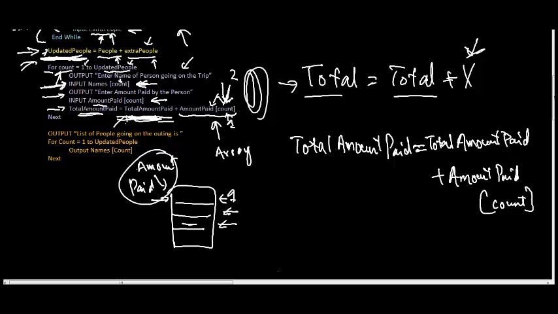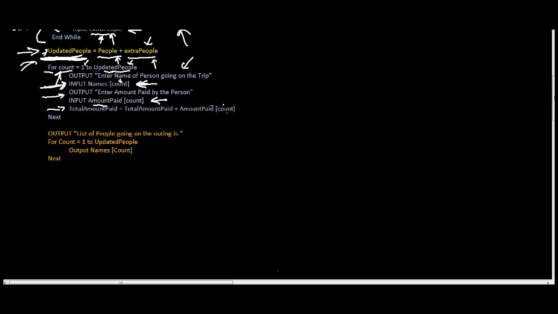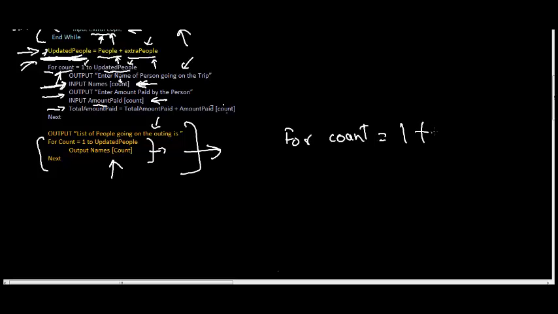Finally, what we have done here is we have output the names of the people going out on the trip, and we should have also added the amount paid by these people. So maybe we should change this bit of code. So I'm going to change this piece of code by changing the for loop, right? So this message stays the same, but this for loop is what I'm going to change. So I'm going to say for count is equal to 1 to updated people,